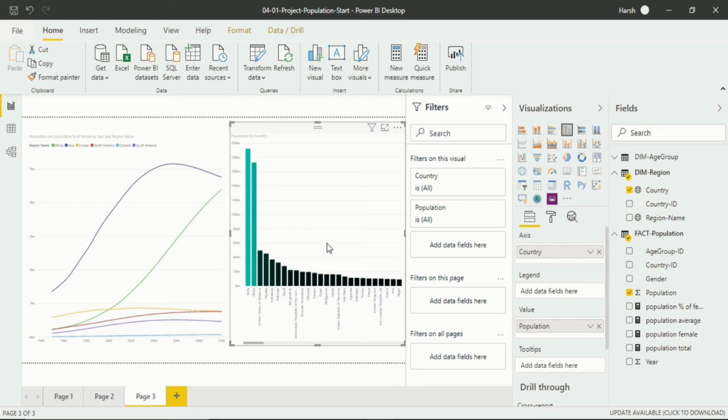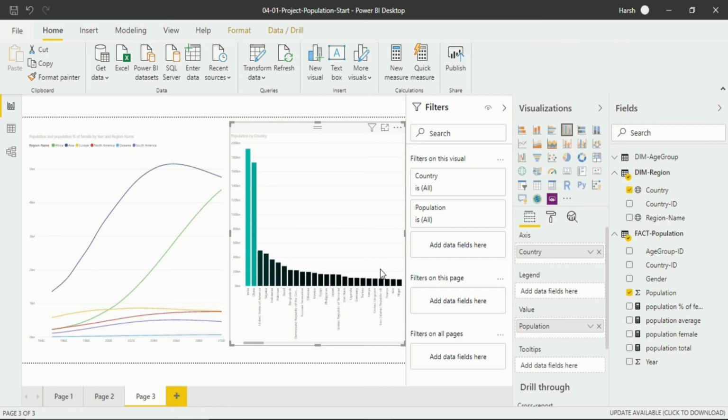But this is a huge thing to do again and again. So is there any option where I can just produce a region name, and the country name can also be seen in the same visualization, without dragging and dropping every time I want to see a region name as well as country? Yes, in Power BI Desktop that feature is available, and that is called a hierarchy.